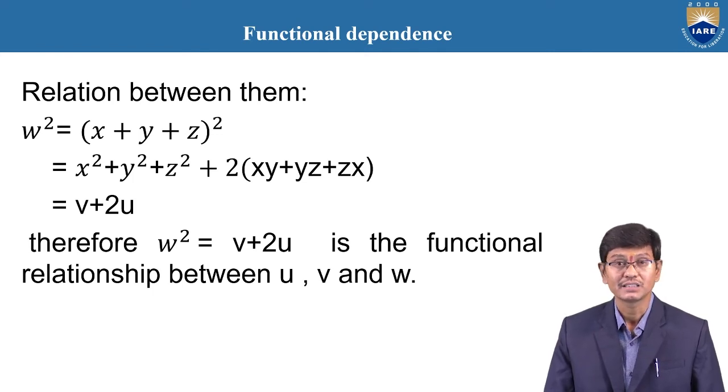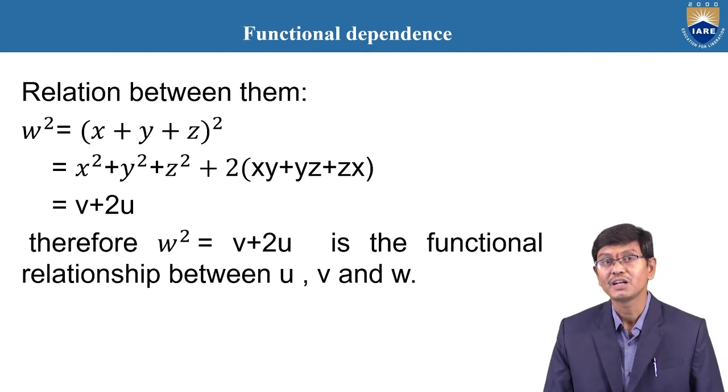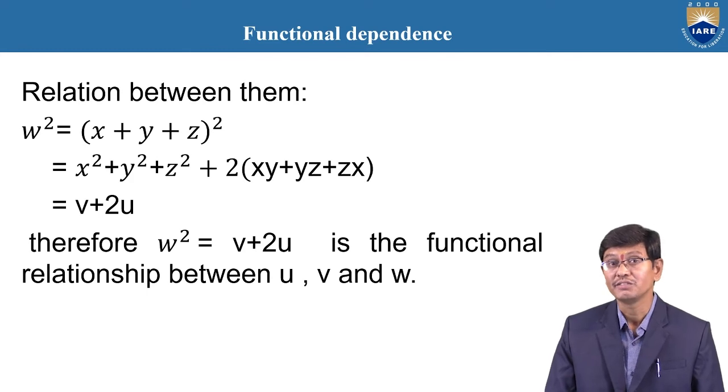Here a is equal to x, b is equal to y, c is equal to z. Therefore, (x plus y plus z) whole square is x square plus y square plus z square plus 2 into (xy plus yz plus zx). Therefore, the conclusion is that w square is equal to v plus 2u,